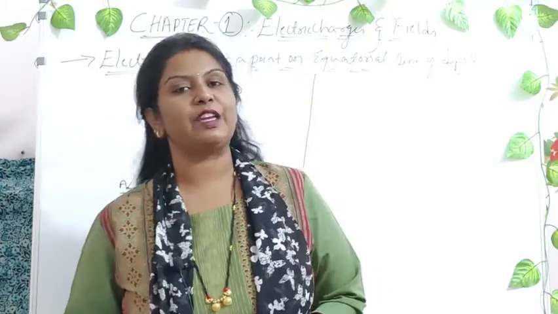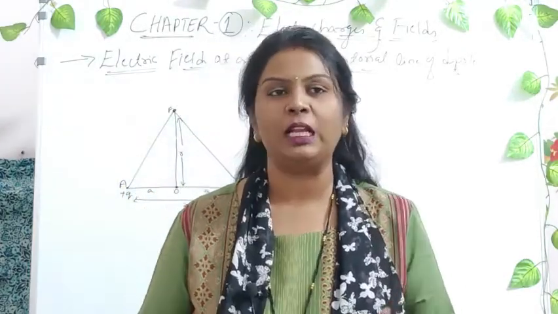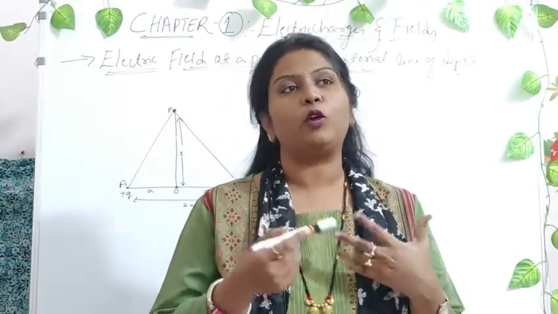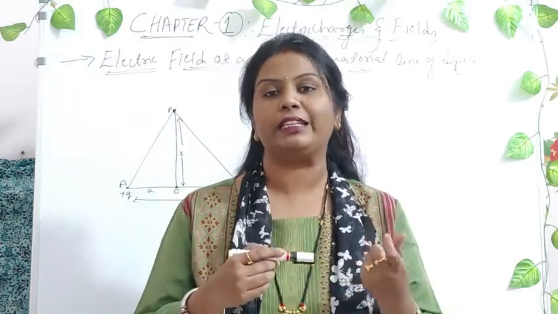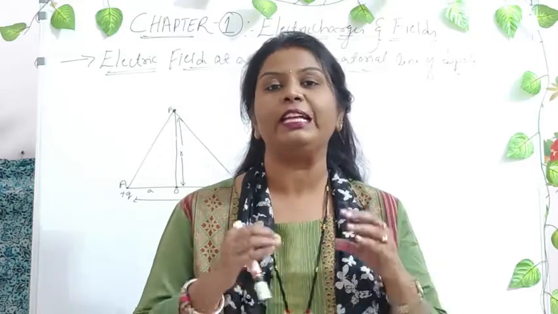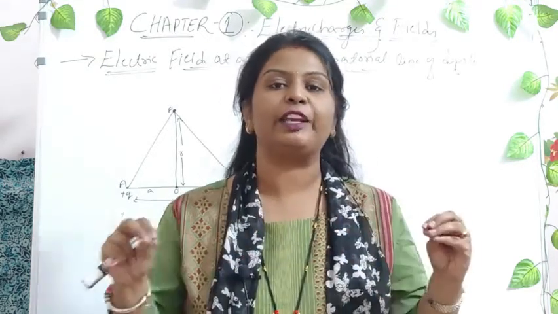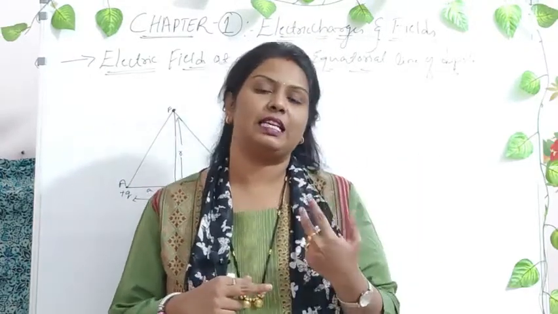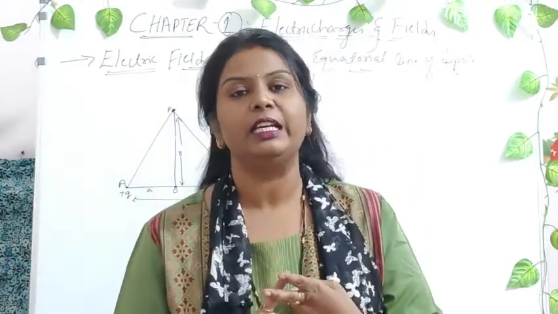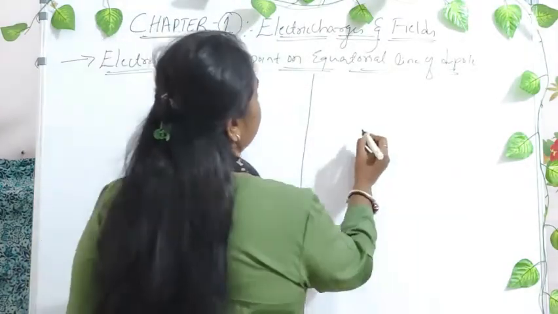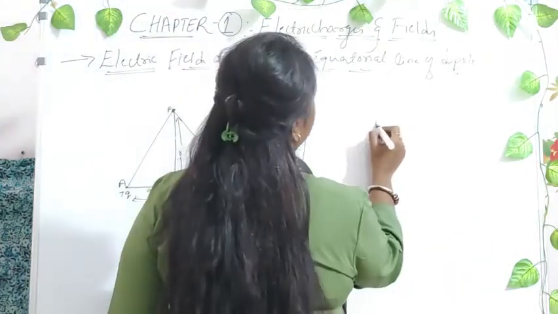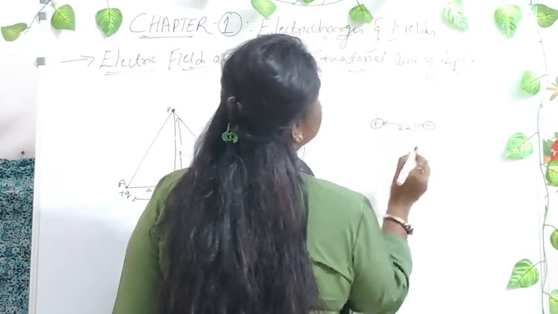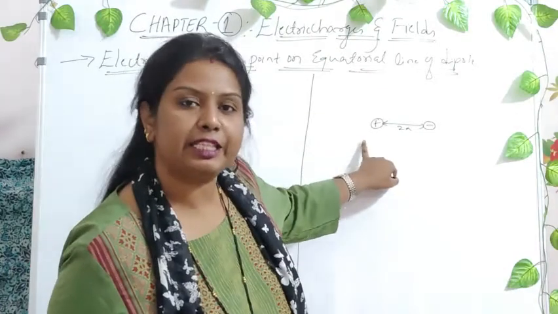In the very last class we have discussed the electric dipole and the very important terms in the electric dipole, right? And we have also derived an expression for the electric field at a particular point when the point is aligned on the axis of the dipole, right? I just told you in the previous class that we had two important conditions. Firstly, what do you mean by electric dipole? Equal and opposite charges separated by a very small distance between them is called an electric dipole, right?